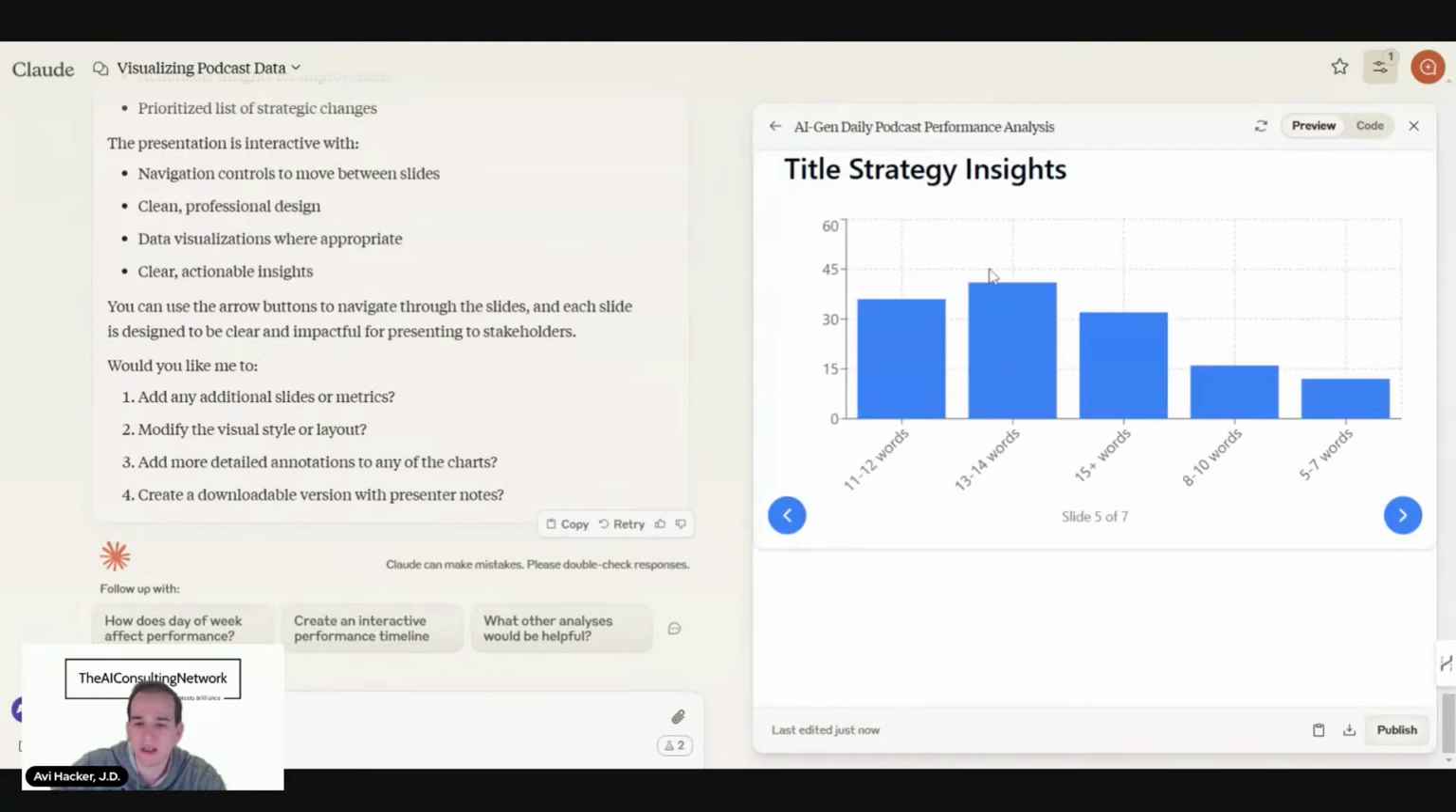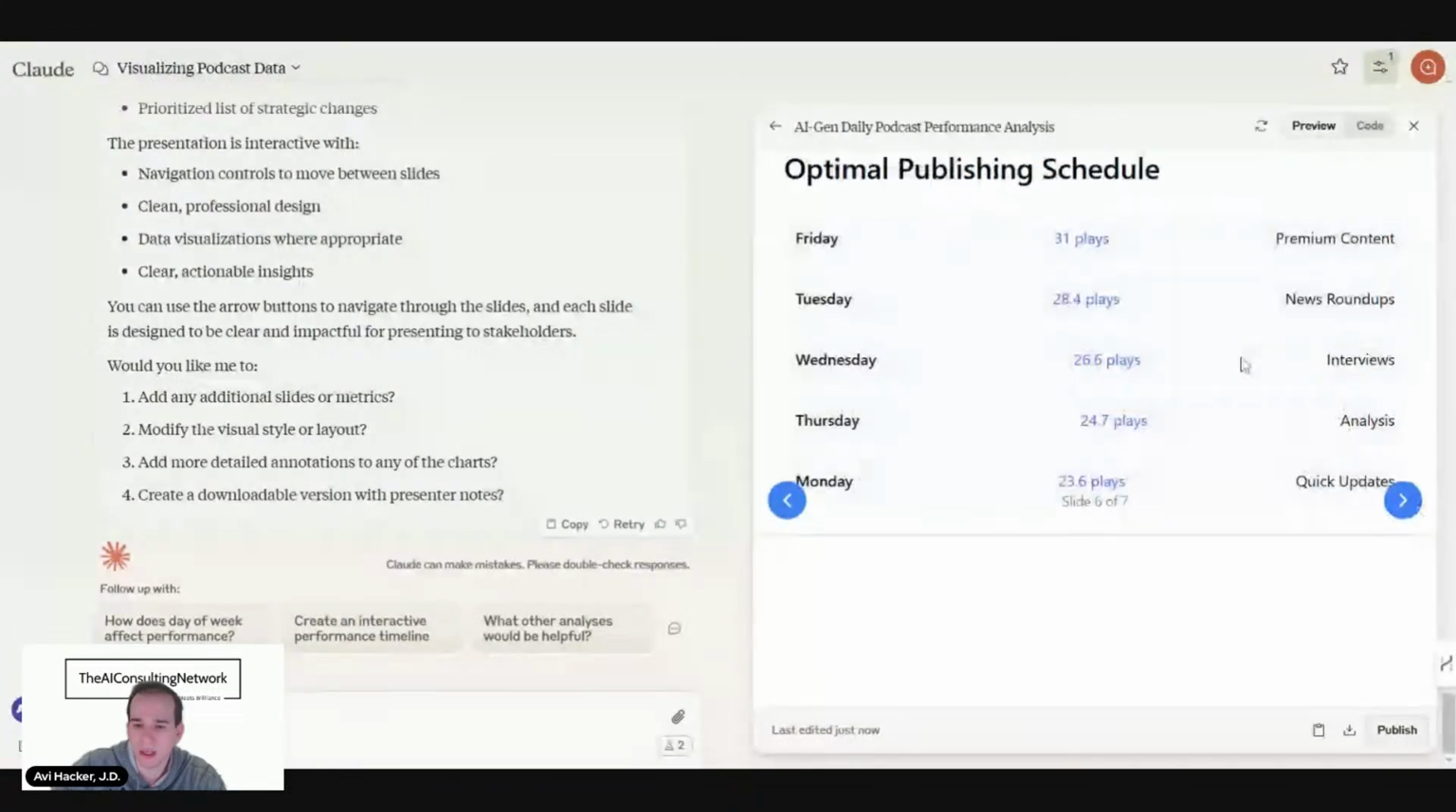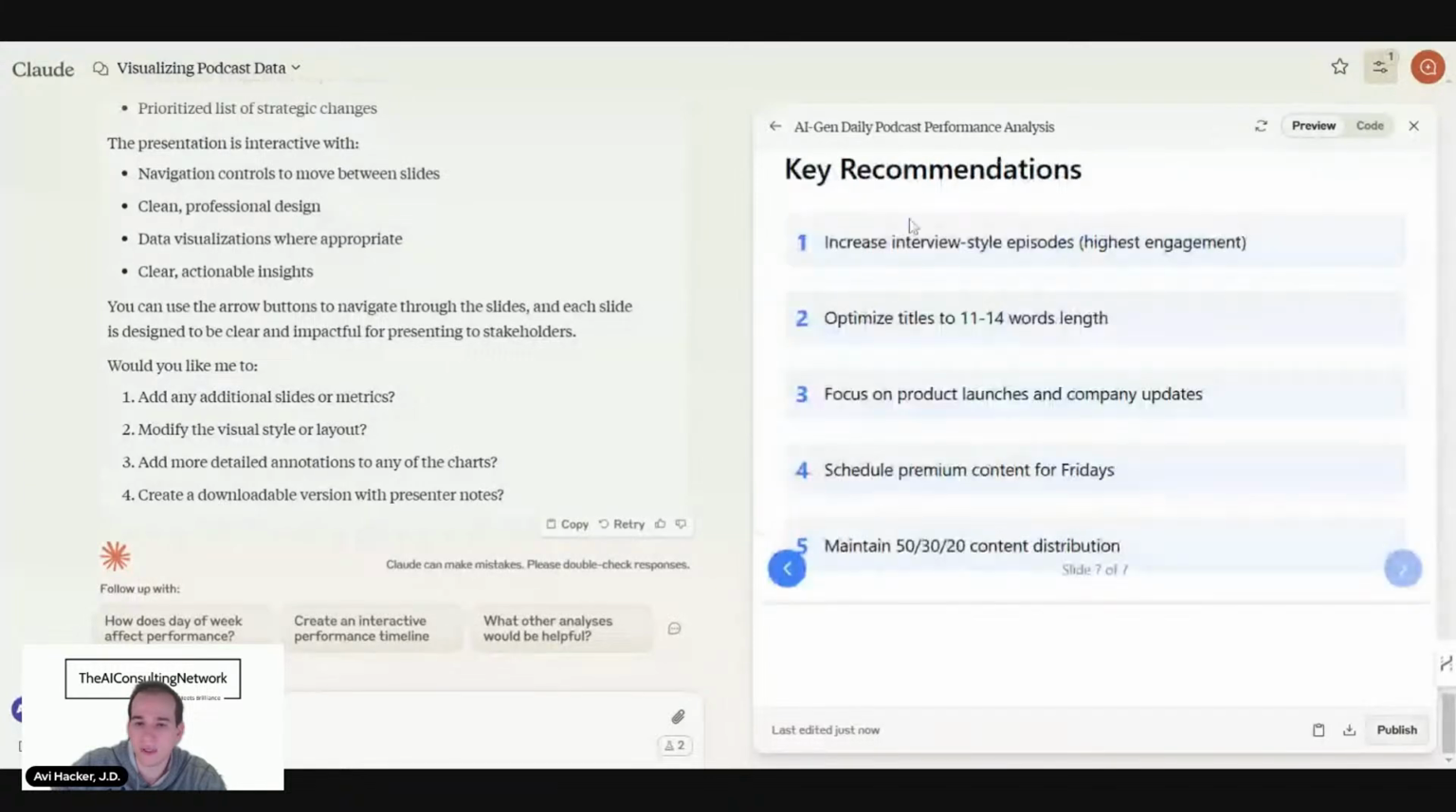title strategy insights: 11 to 12 words, 13 to 14 words, 15 plus words, 8 to 10 words, 5 to 7 words. See, these are such great insights where I would never pick up on this. Optimal publish scheduling: premium content Fridays, news roundup Tuesdays, Wednesdays, interviews Thursdays, Mondays. Key recommendations,